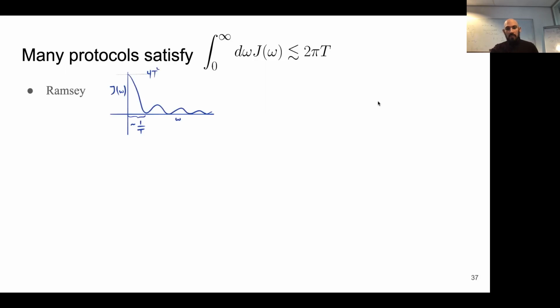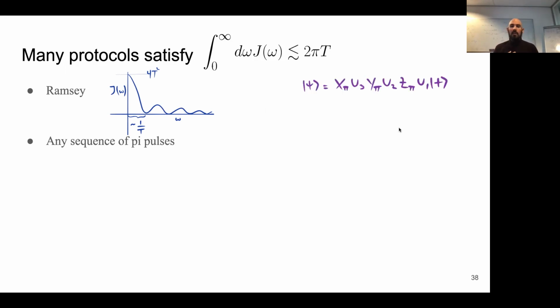Like I said, Ramsey is 2πt, for the reason I just mentioned. You integrate the sinc squared and you get something that's proportional to t. In fact, any sequence of π pulses has an IQFI of 2πt. So you might imagine that any of these dynamical decoupling sequences you see in quantum computing have an IQFI of 2πt, because often they just have π pulses that bounce you around